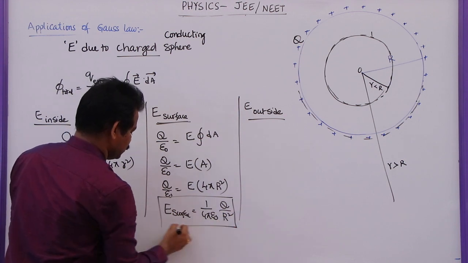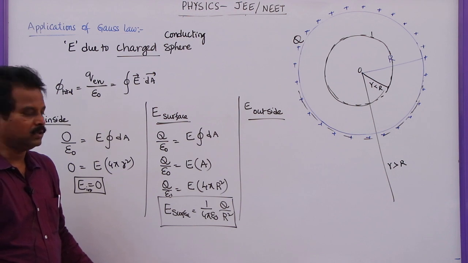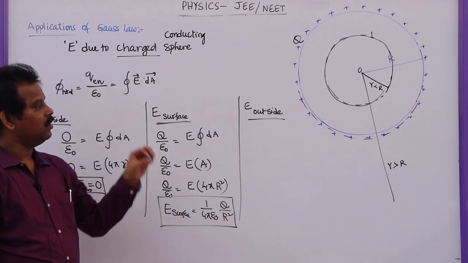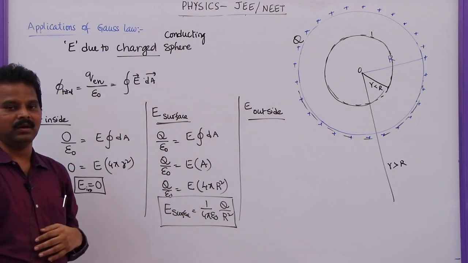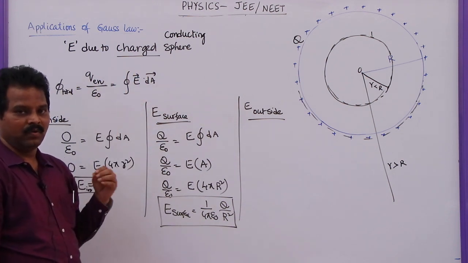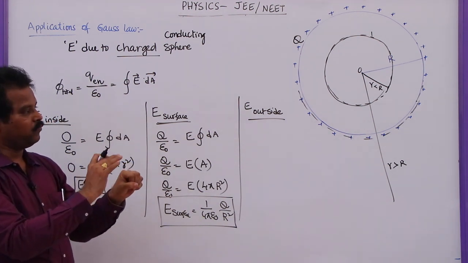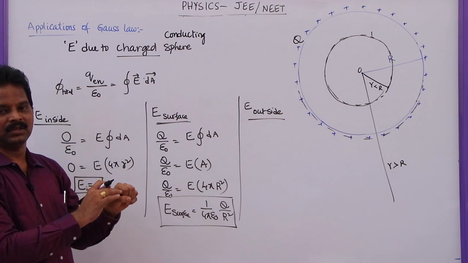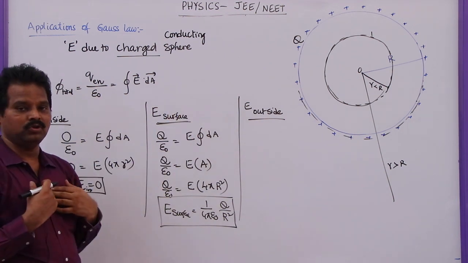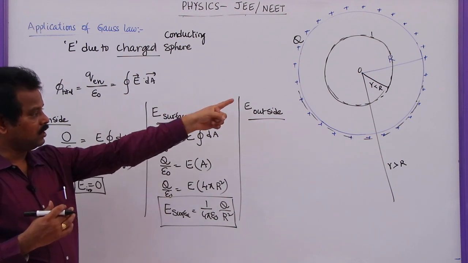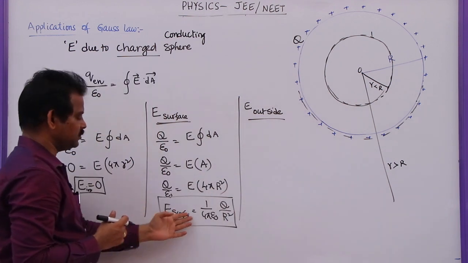If you observe, this expression is similar to electric field due to a point charge at distance r. That means whenever you are finding electric field due to a conducting sphere or non-conducting sphere, in general, the total charge, even though spread on the outer surface, while finding electric field at a distance from the center, if it is on the surface or outside the surface, we have to assume that the total charge is concentrated at the center of mass of this sphere. So you can find the same expression here.